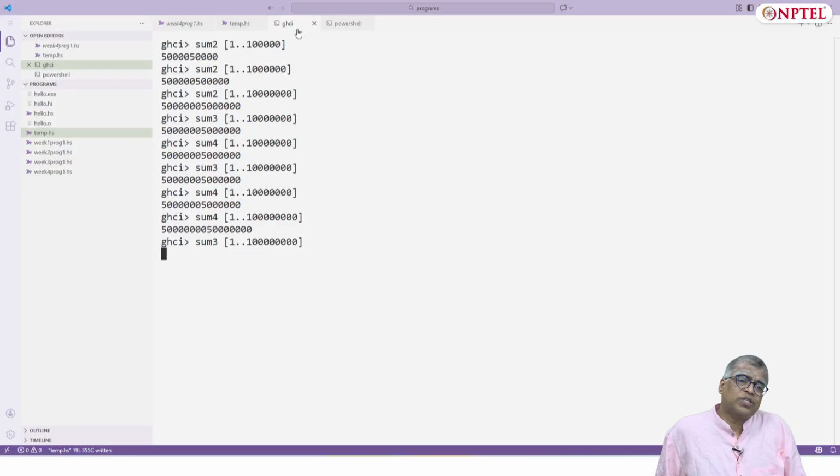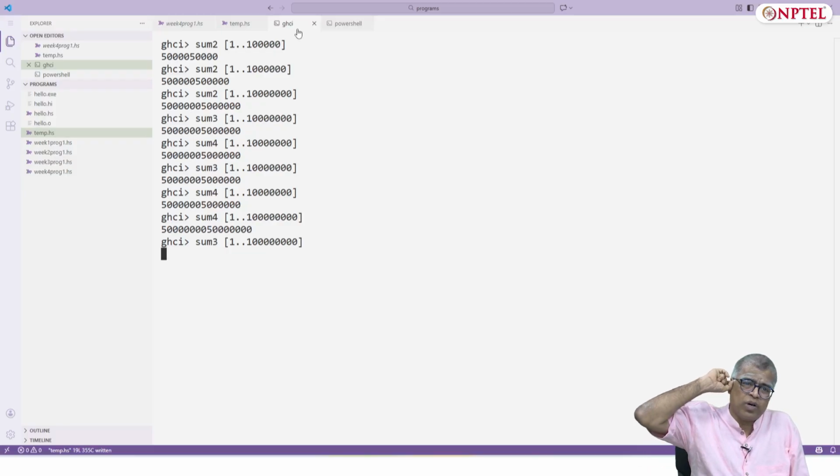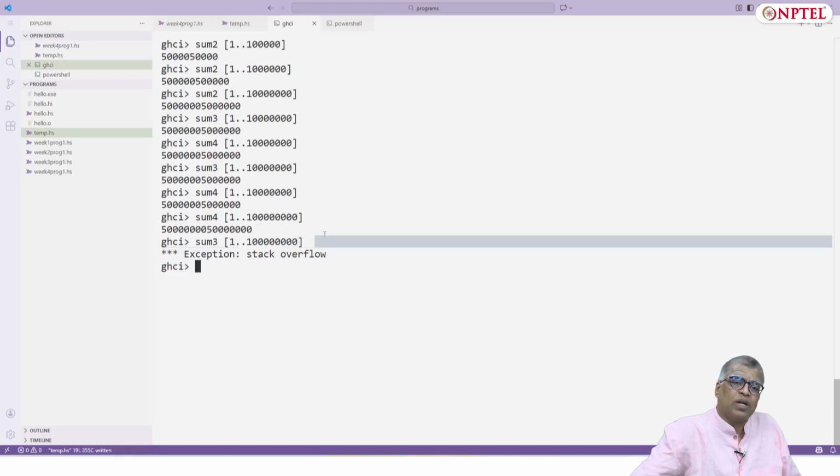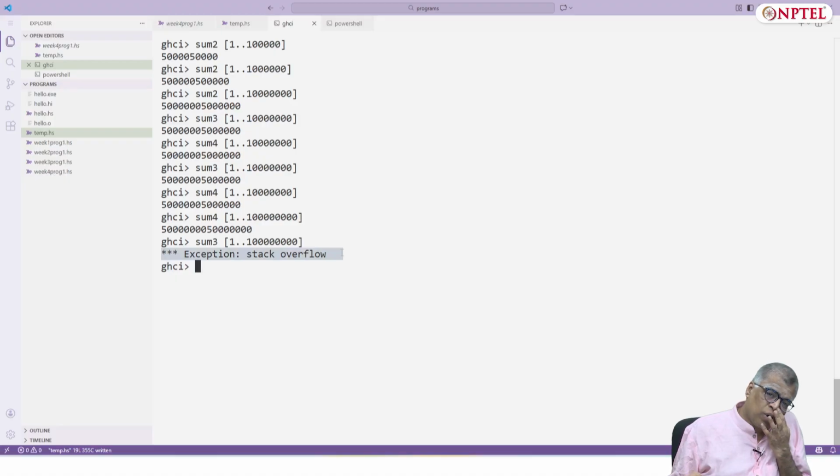Finally you can see that you reached a stage where it is much slower. Maybe it will complete, or maybe it will quit midway, saying stack overflow. Stack overflow is just a term it uses to convey that it has run out of memory, because it has to carry some huge expressions around and it cannot tackle it, whereas the sum4 version simplifies expressions as it goes. So you can see that there is this difference that becomes evident after a point of time.